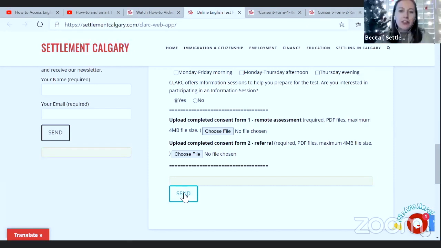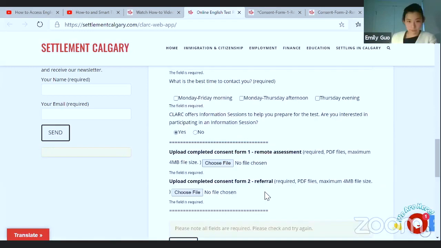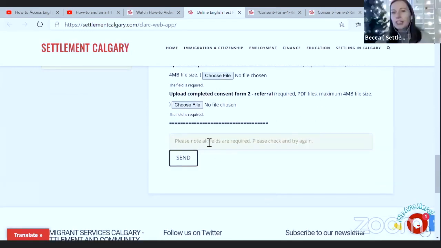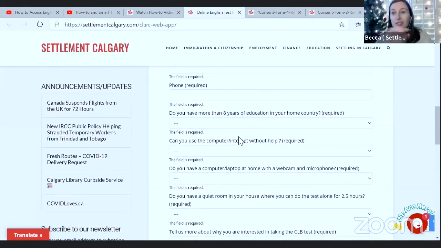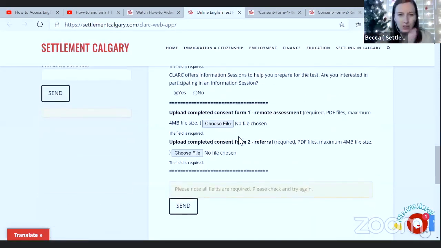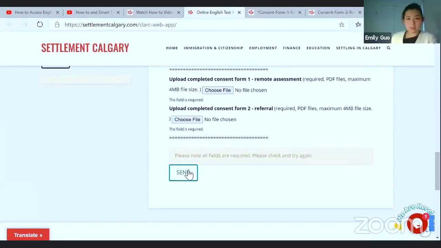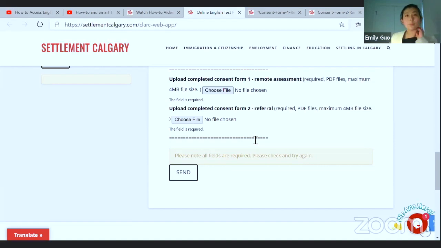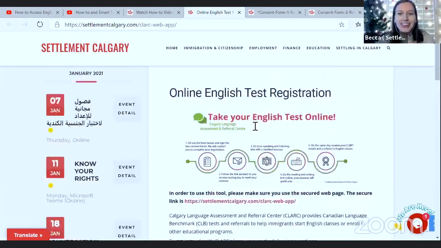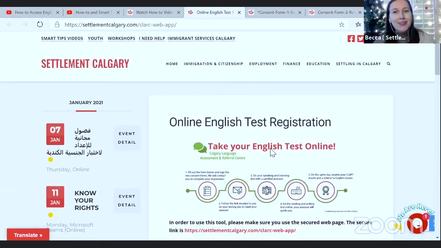And when the time comes. If I try to push send, will it send? Oh, it says please note all fields. So I'm sure this happens sometimes. You need to fill in everything. If you don't fill in every box, it will not let you send. That's right. Do you have to upload the files as well in order to send? Yes, please. Okay, so if they don't upload, then they're not sending. Yeah. I wish I could show the end screen, but I don't want to upload a bunch of stuff and send it to you guys.